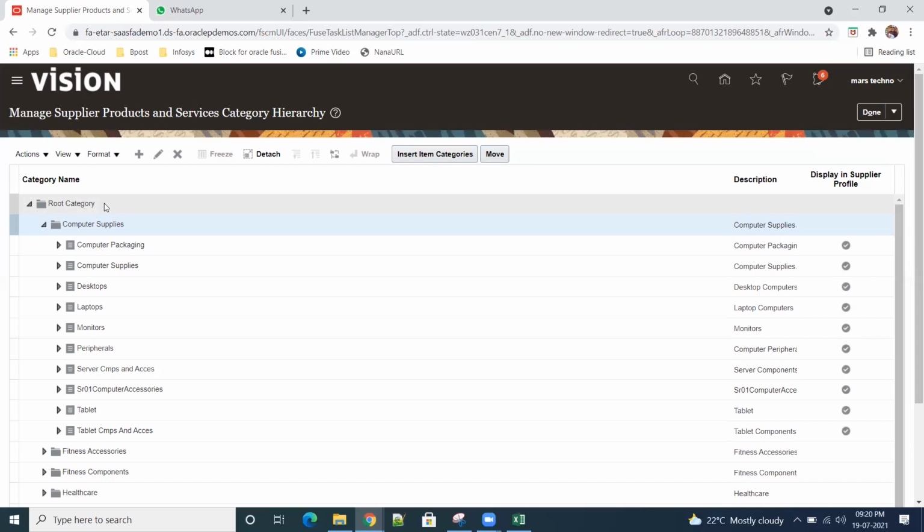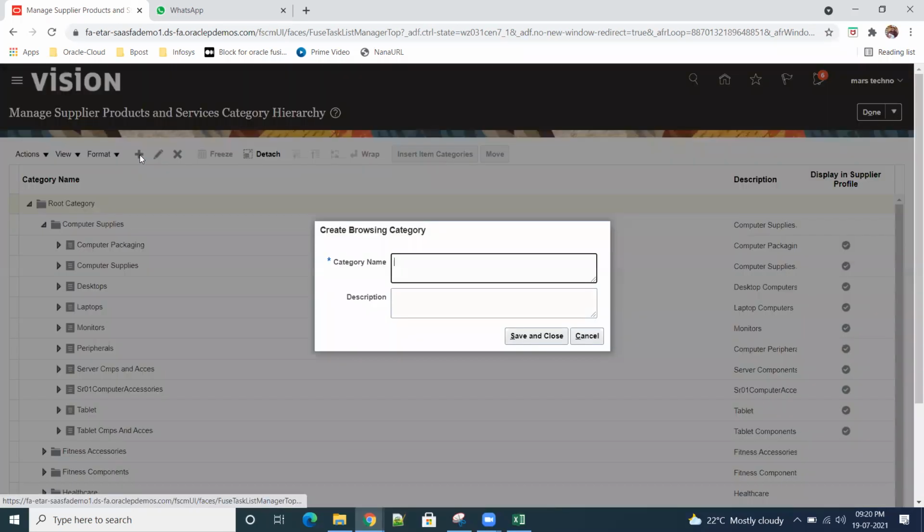For example, click on this, click on plus. See, it is like a hierarchy. Let us say the category is t-shirts, just as an example. Under t-shirts, whatever brands we have will be leaf level categories, subcategories.